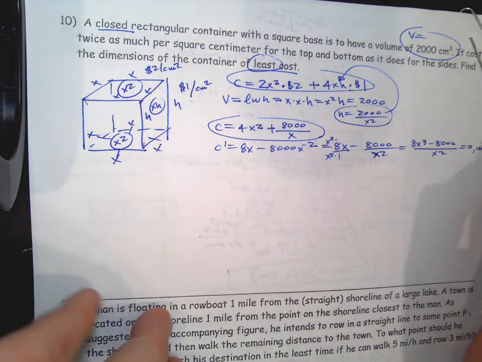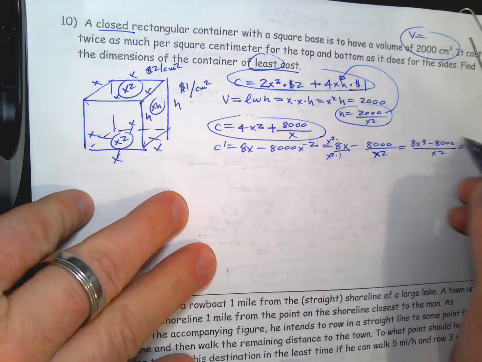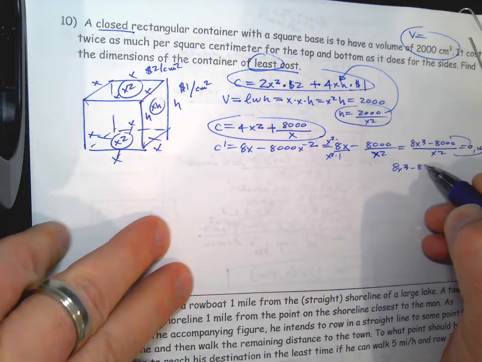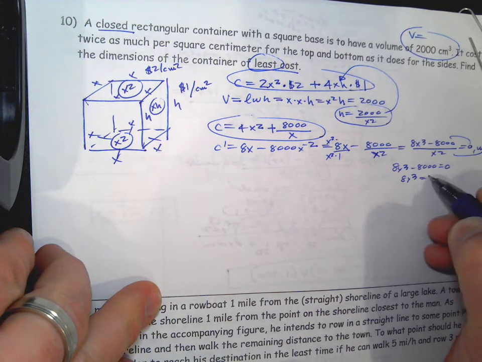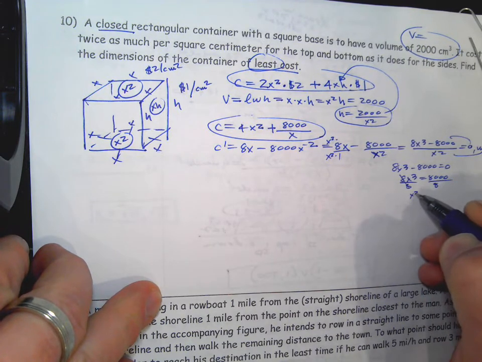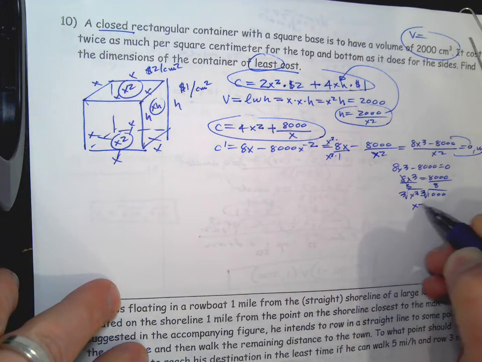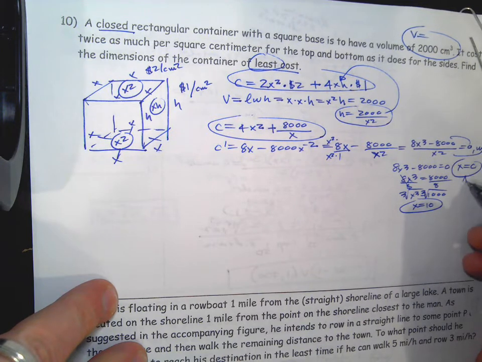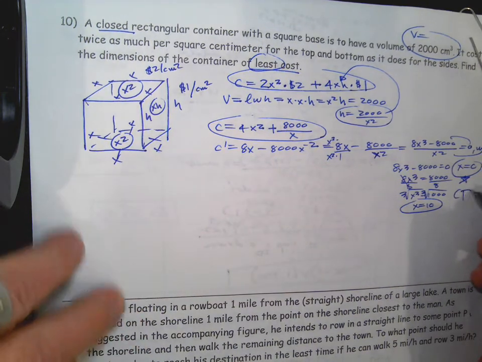All right, and then that's what we're going to solve. So the top, if we set the top equals 0, and undefined comes from the bottom. So the top, it's going to be 8x cubed minus 8,000 equals 0. It's going to be 8x cubed equals 8,000. It's going to be x cubed equals 1,000. And cube root of that is going to give you 10. The bottom is going to be x equals 0, but watch out, it's repeated an even number of times. So these are our critical points. Now our endpoints,